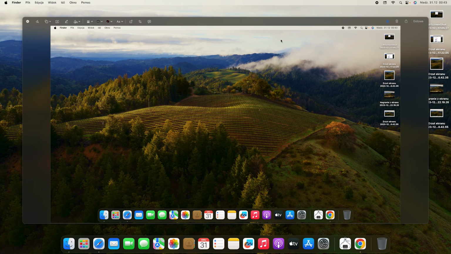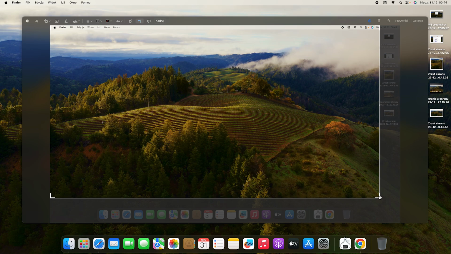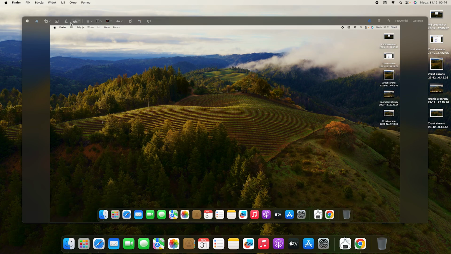So here we have the pencil, for example, and here we have a lot of instruments to edit the screen capture without any plugins, any other applications. So for example, we can crop the image, as you can see. We can draw something, we can change the type, we can change the color,